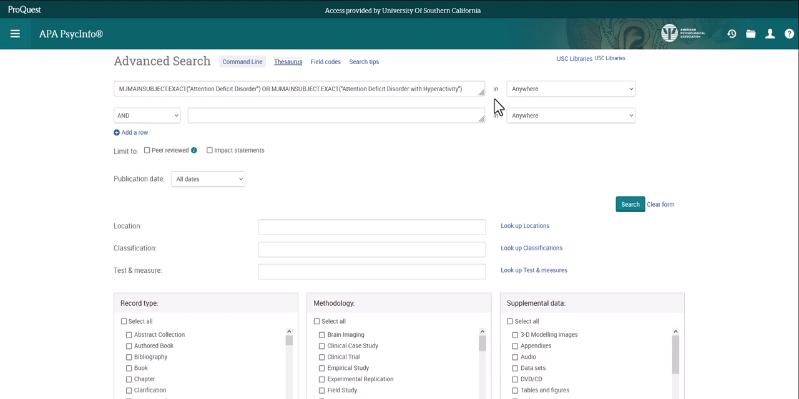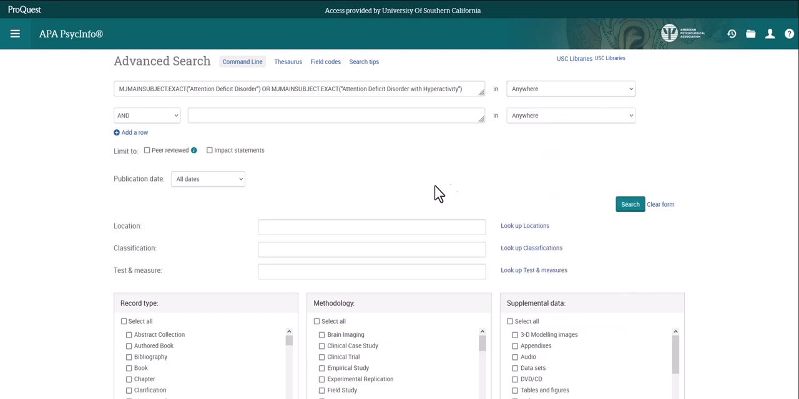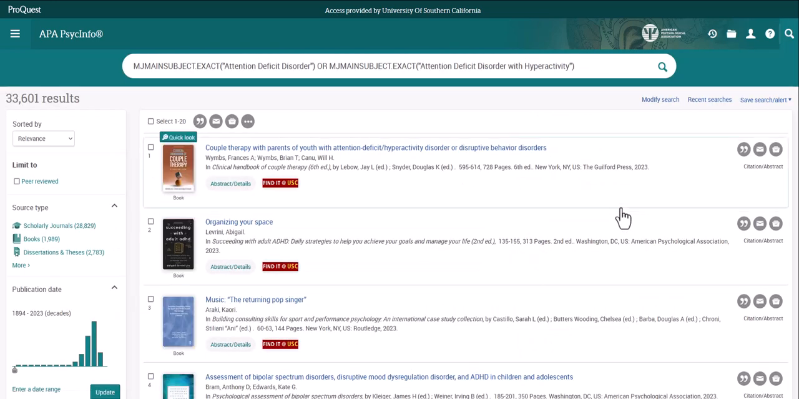If you're conducting a search and you already know the designated subject terms for your concept, you can add them directly into the advanced search box and then using the drop-down menu, select Subject Heading. This allows you to bypass going through the thesaurus. Clicking on the search button has resulted in